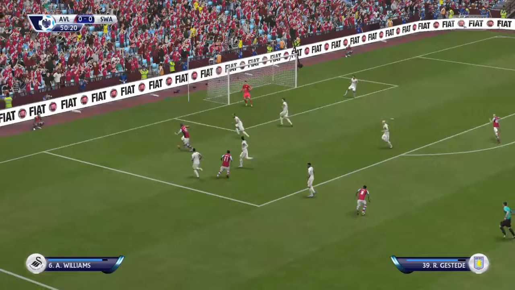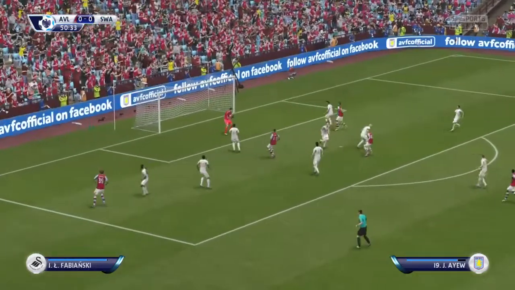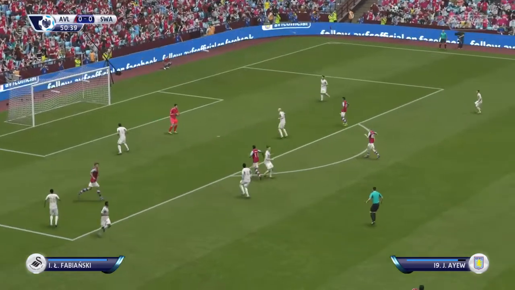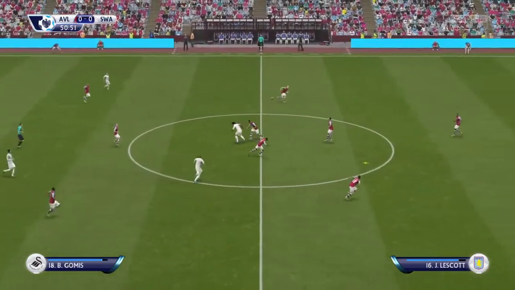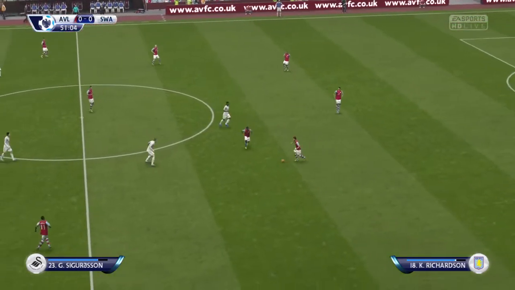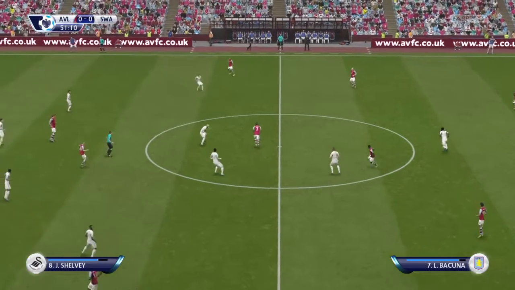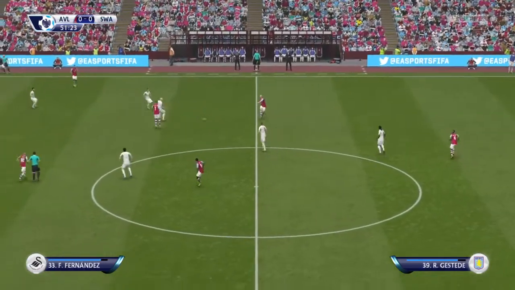Shot on! Nothing wrong with the shot, really, except the direction. It was hit well enough. The goalkeeper didn't have to move a muscle except to catch it. Alan Hutton.